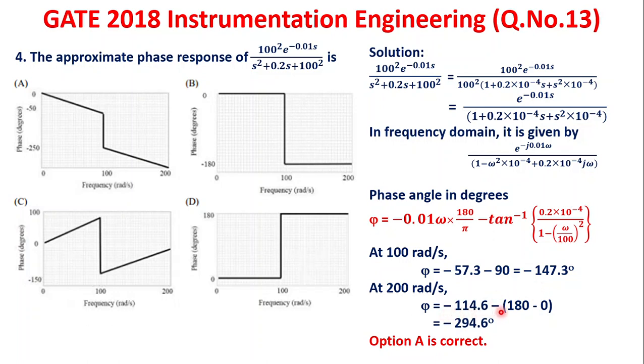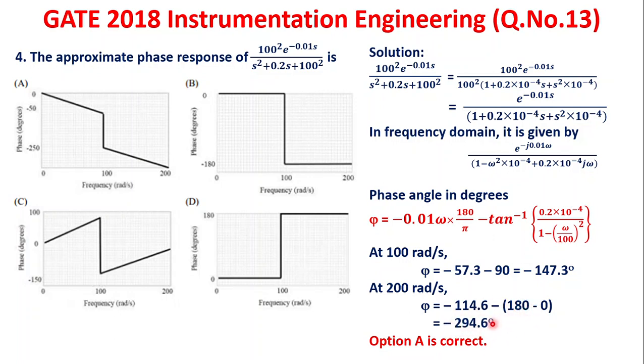Why it is minus sign we know, the same minus sign here. So it is actually 180 degrees. In fact, I can say for second order complex conjugate poles, if you see the phase response that I have explained in Bode plot, you can easily understand this is 180 degrees, because second order system means the phase angle varies from 0 to minus 180 only. First order means 0 to minus 90. Since it is second order, it varies from 0 to minus 180. So 200 itself is almost like high frequency. So it is almost 180 degrees. So minus 114.6 minus 180 is minus 294.6.